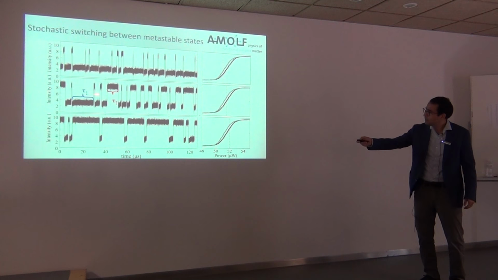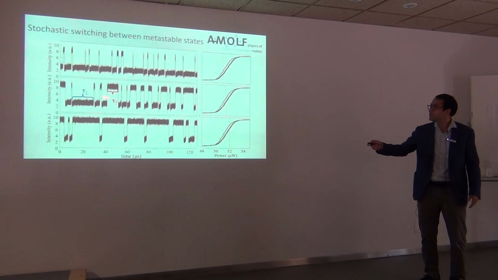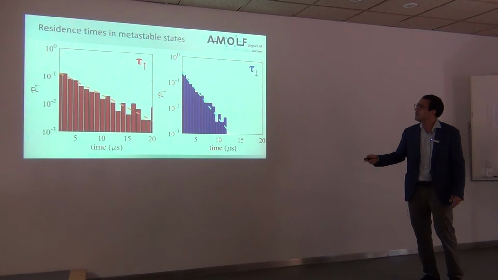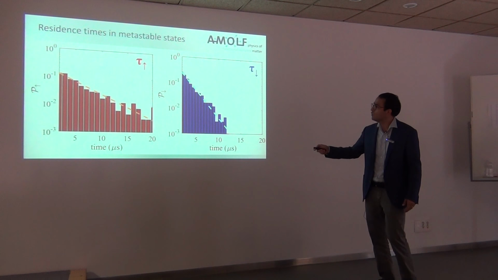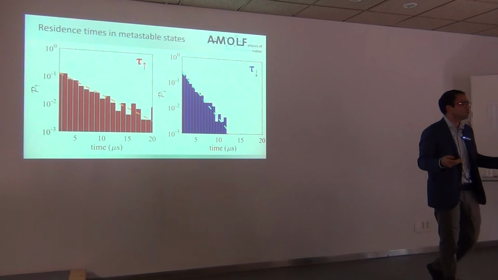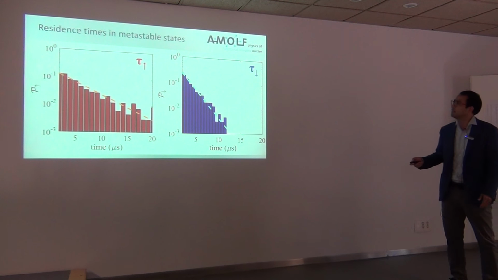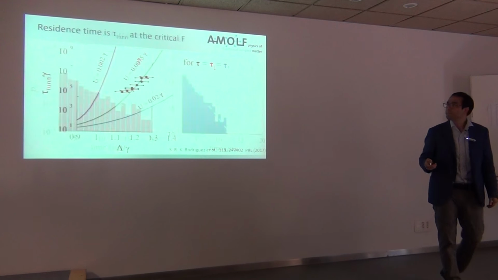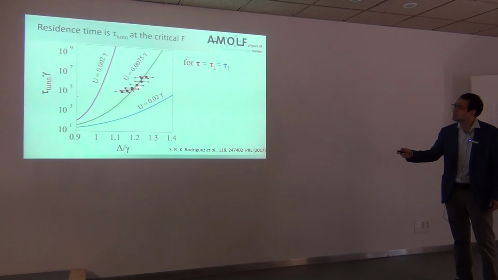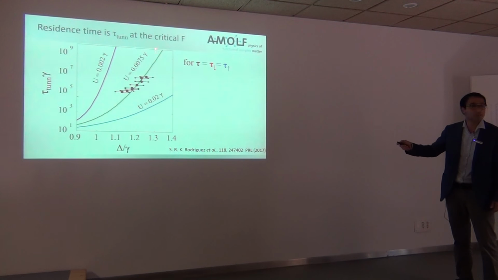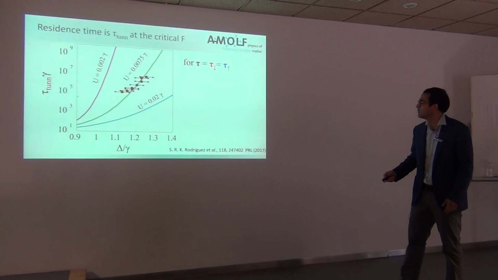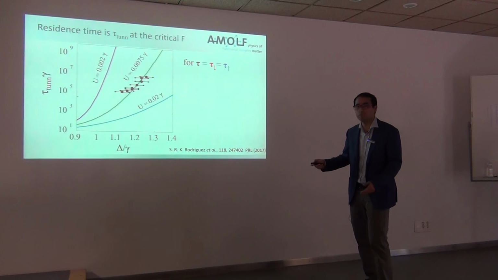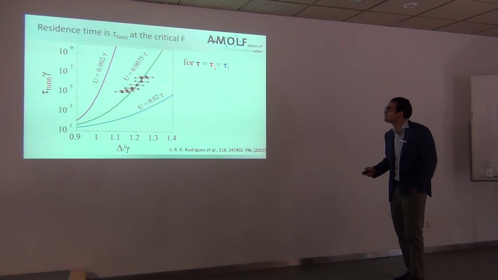So just by performing a long trajectory, we build histograms of how long the system spends in one of these states or the other. In this case, you see that they follow a very nice exponential distribution, so you can think of this as a two-state system. And so we look at the average residence time, which is basically the 1/e point. And here we plot the average residence time, and they are in agreement with the prediction for the tunneling time for bistability for this value of the nonlinearity, which is what we measured experimentally. If you like more details, I refer you to this paper.